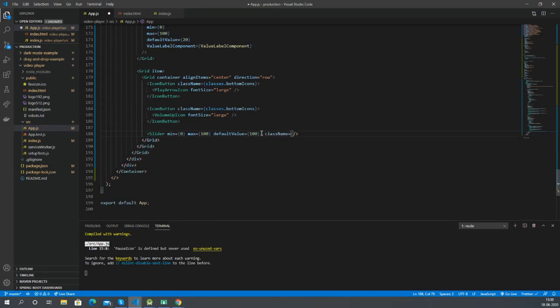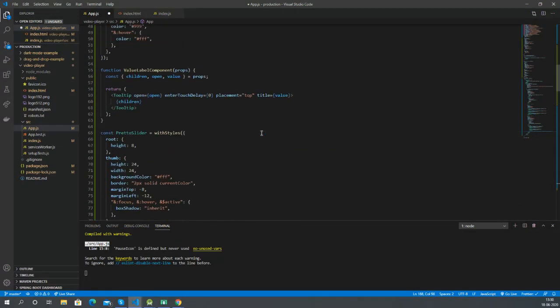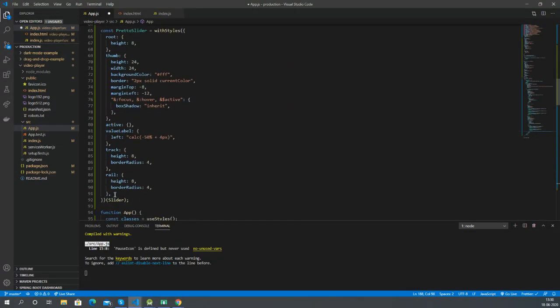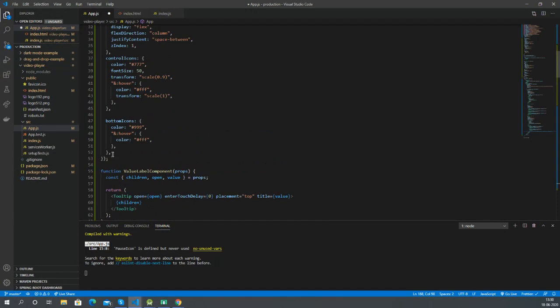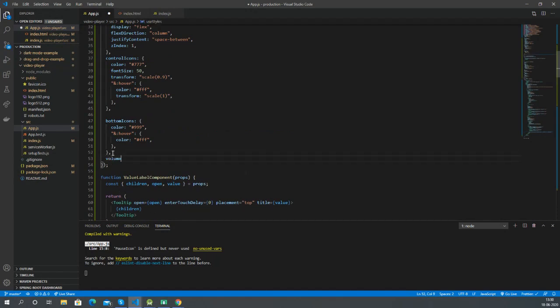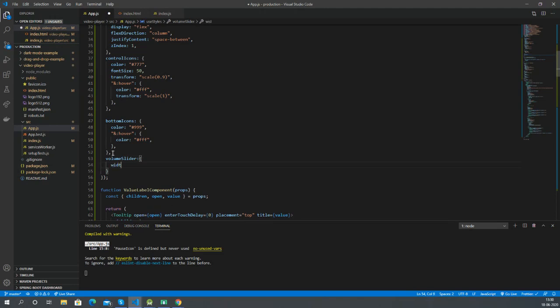Let's give it a class name of volume slider. Let's add the class. We will give the volume slider a width of 100 so that it stays a fixed size.